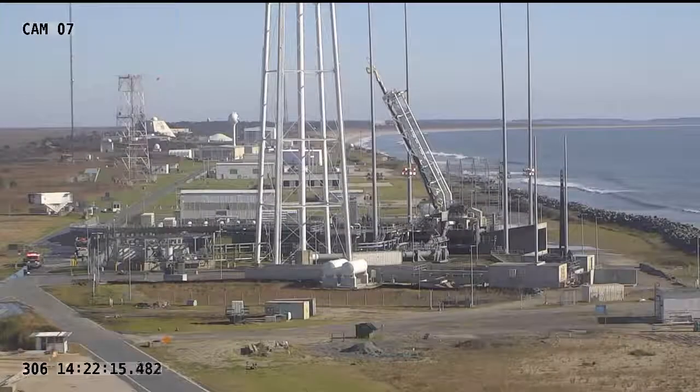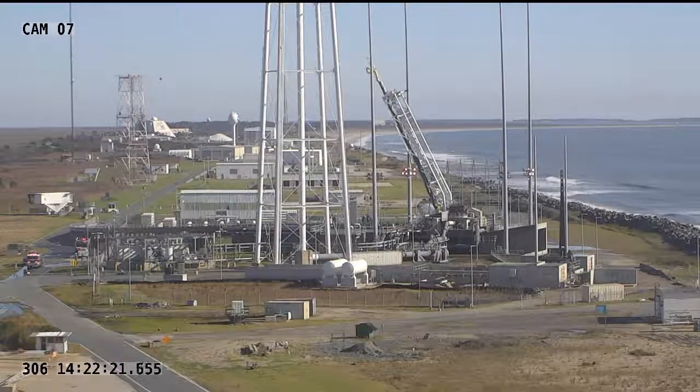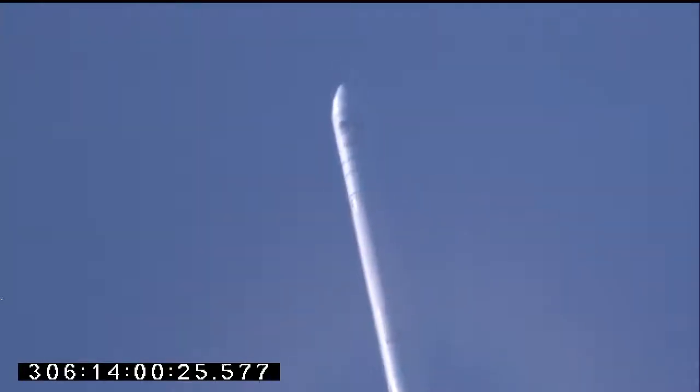And this launch is also carrying the remainder of the tools that will be used during the Alpha Magnetic Spectrometer spacewalks for later this month. So can you talk maybe about some of the things that are going on board, or maybe those spacewalks? Of course, sure. We've been working for the last several years to put together a plan to go out